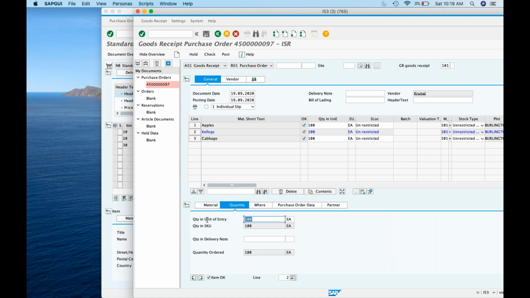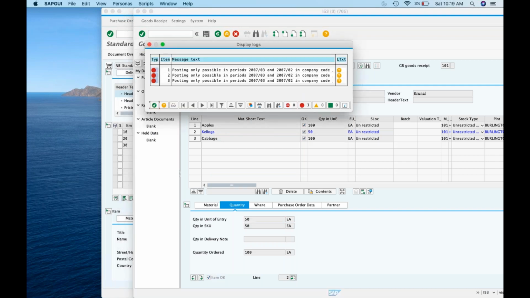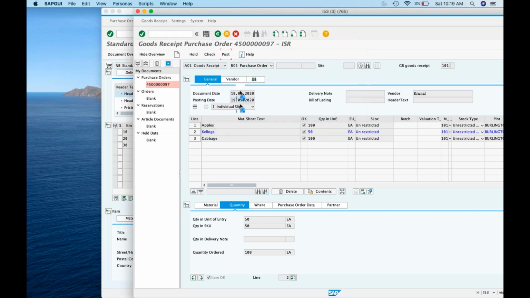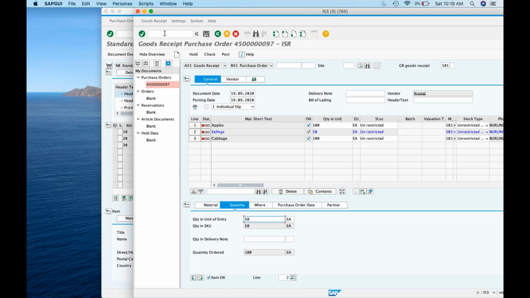I'll give only 50. Directly post. I have to give the correct posting period.